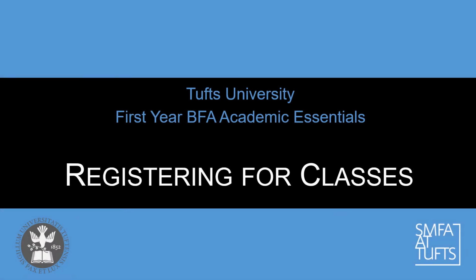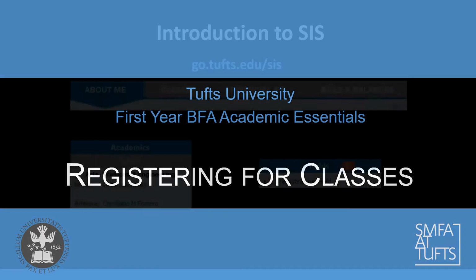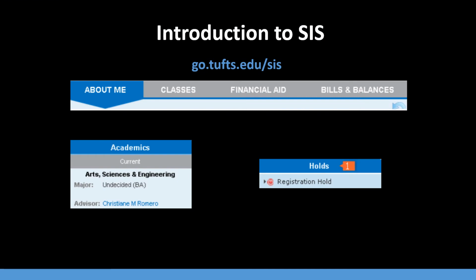In this module, you will learn how to utilize the Student Information System to register for classes. Before registering for classes, familiarize yourself with the Student Information System, or SIS. You will use SIS to register for classes, view your unofficial transcript, and see if your test scores have been applied. You can also view your financial aid information, class schedule, enrollment appointment time, registration holds, and see the name